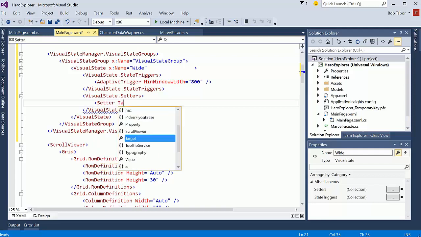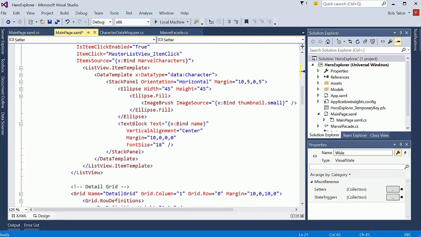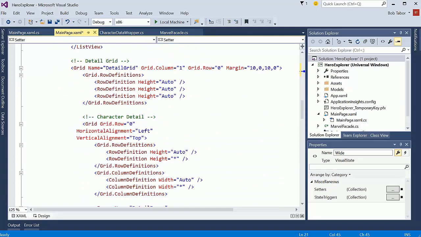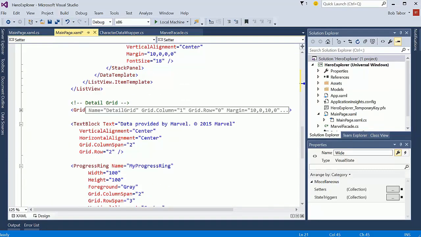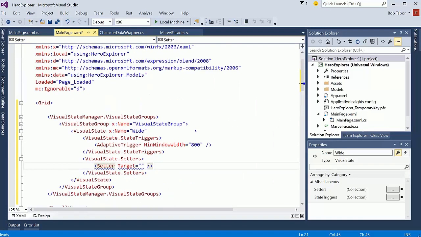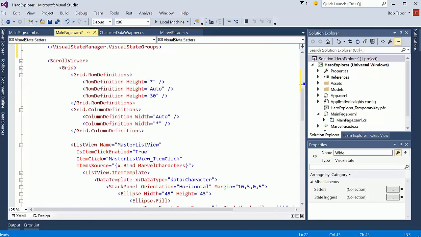Setter target equals. Okay, so this is where things start to get interesting, right? What we really want to do is take this detail grid, everything inside of the detail grid, and you know it does contain quite a bit, and we want to move it to a different column and row based on the current visual state. I think I've lost my mind here. There we go. So I want to set the detail grid's row and column